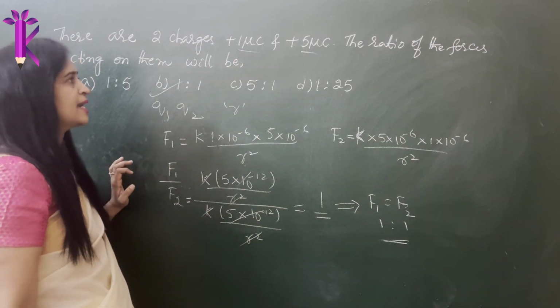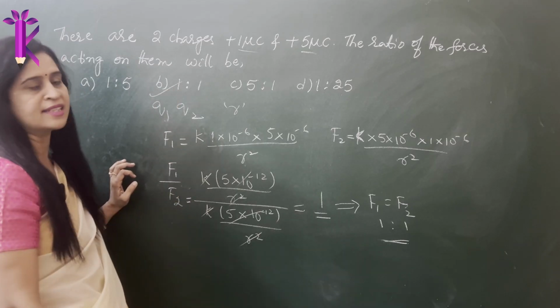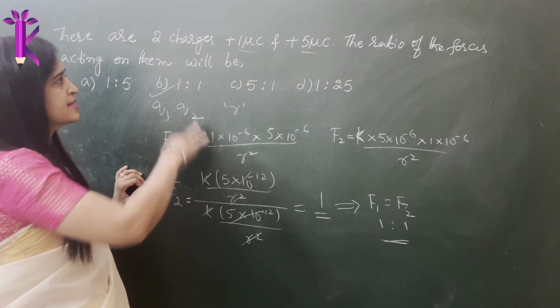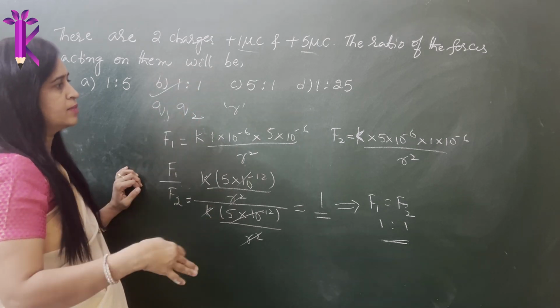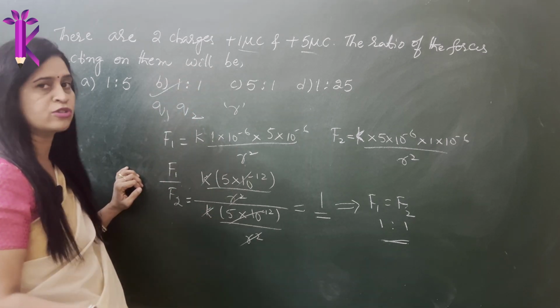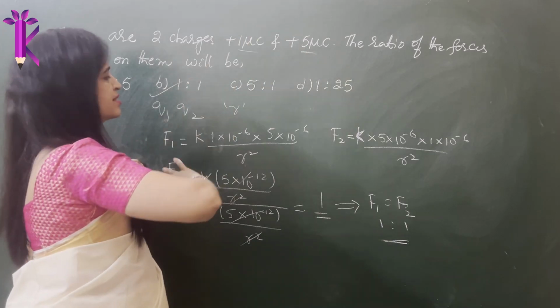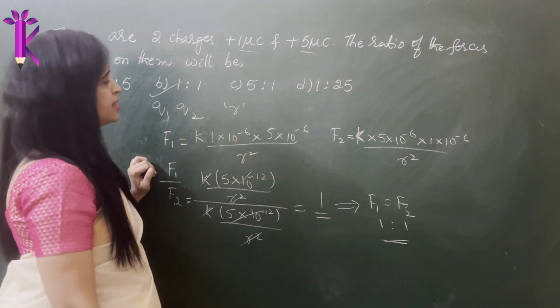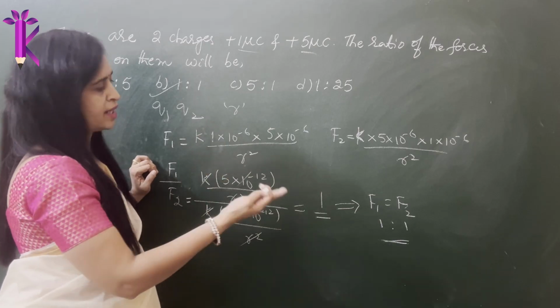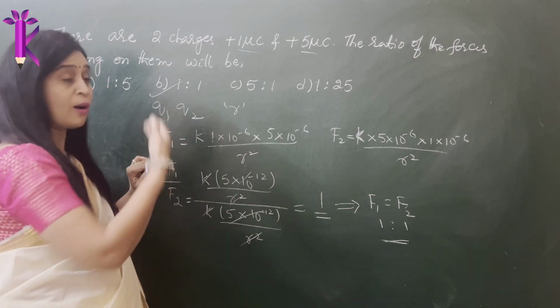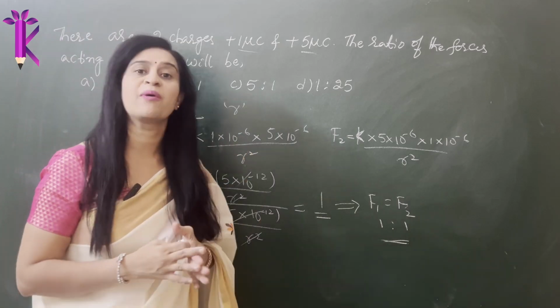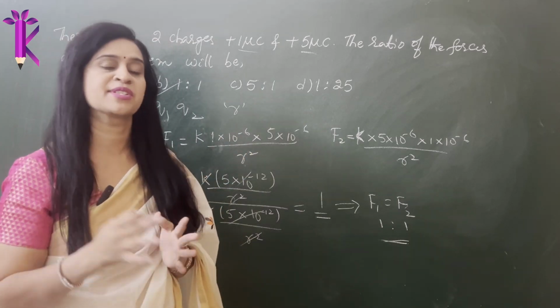You do not need to calculate, you can directly tell the answer. If you have solved such numericals, it will be really easy. Unless there was a condition, like what will be the second force when you double the charge or add to the charge. There's no such condition. They are the same charges. The distance of separation remains the same. So obviously force 1 and force 2 have to be equal. So the obvious answer was 1 is to 1. It is as simple as that. This would require not even a second to answer. You could just tick it.